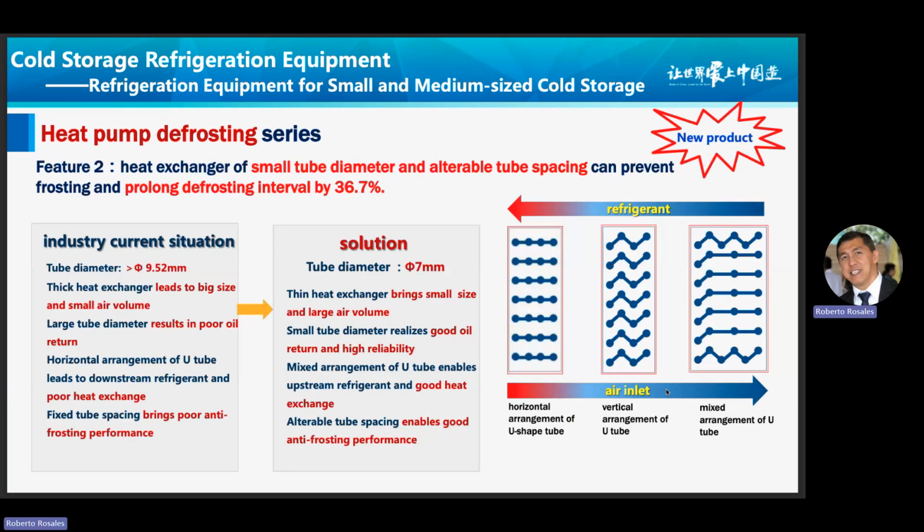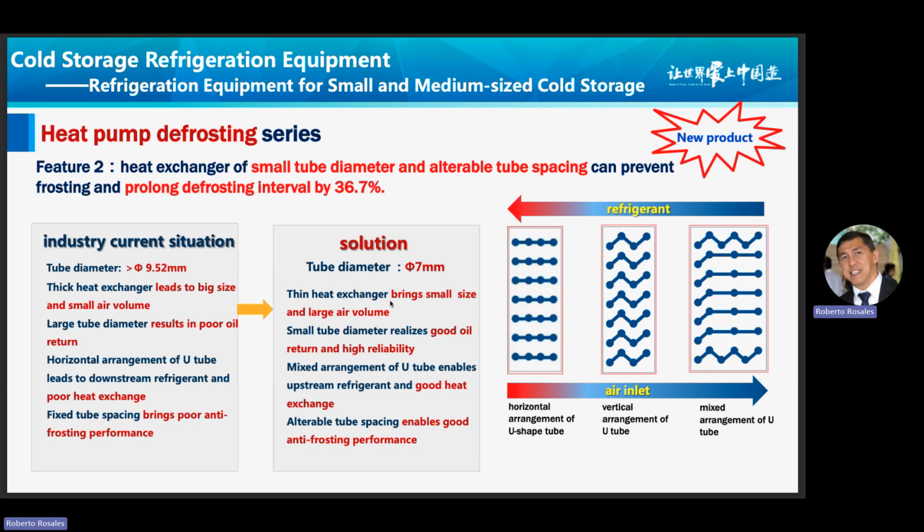Another heat pump defrosting feature is that the heat exchanger has a smaller tube diameter and alterable tube spacing, which prevent frosting and prolong the frosting interval by 36.7%. If you compare the industry current situation as compared to the GREE solution, it has a thin heat exchanger